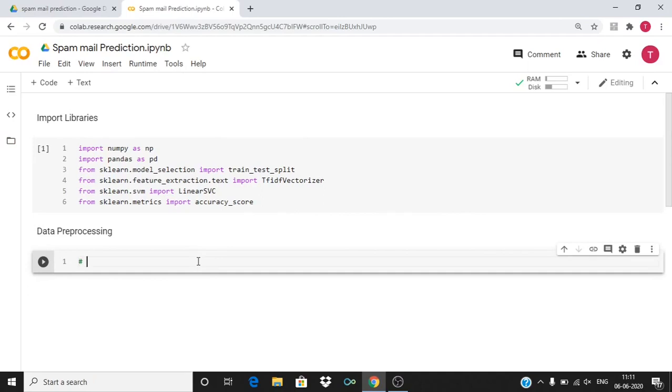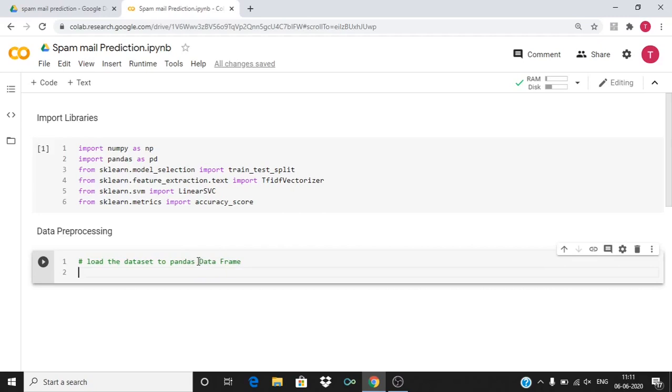Let's load the data set into a pandas data frame. A pandas data frame is very useful for manipulating the data, so we need to import it into a data frame and make some changes before feeding it to the model. I'll give the variable name raw_mail_data equal to pd.read_csv of spam.csv.